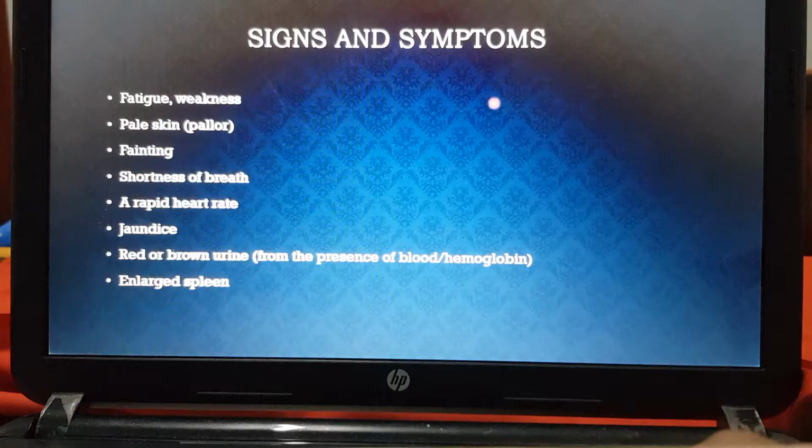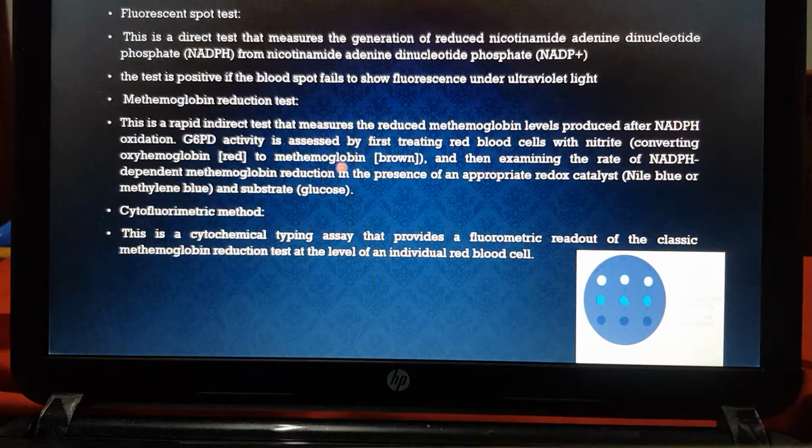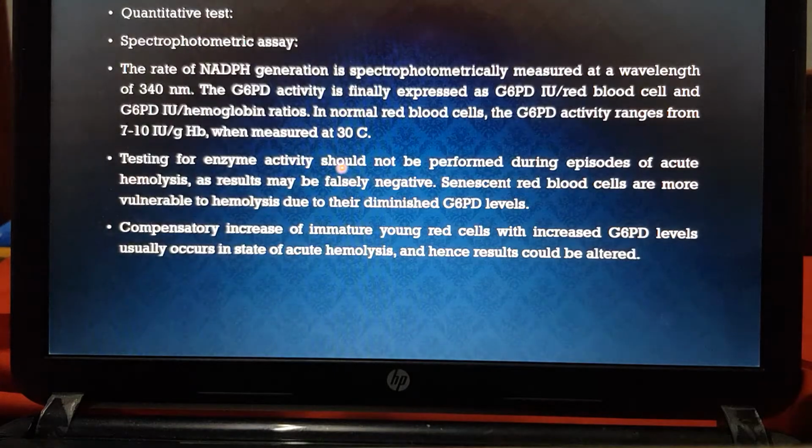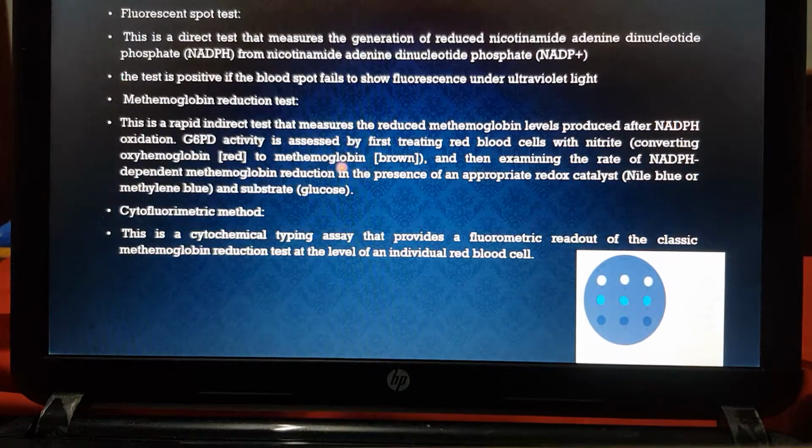So what are the signs and symptoms of G6PD deficiency? Normally they will have pale skin, fainting, shortness of breath, jaundice, rapid heart rate, red or brown urine, and an enlarged spleen. Two types of tests will be done, the semi-quantitative test and the quantitative test. On the semi-quantitative test, there will be three tests: the fluorescence spot test, the methemoglobin reduction test, and